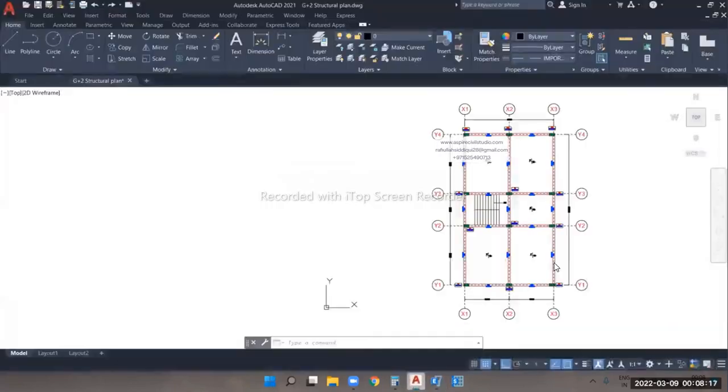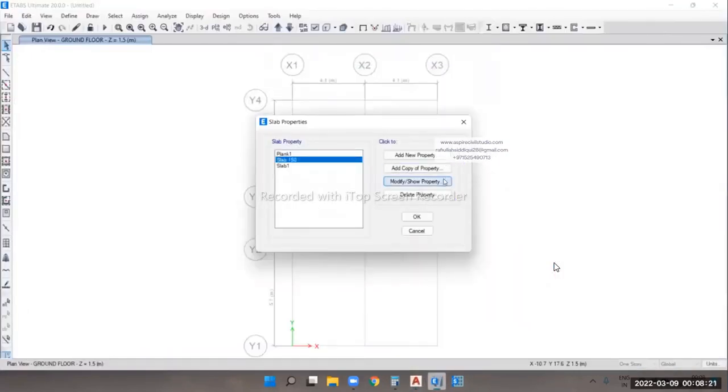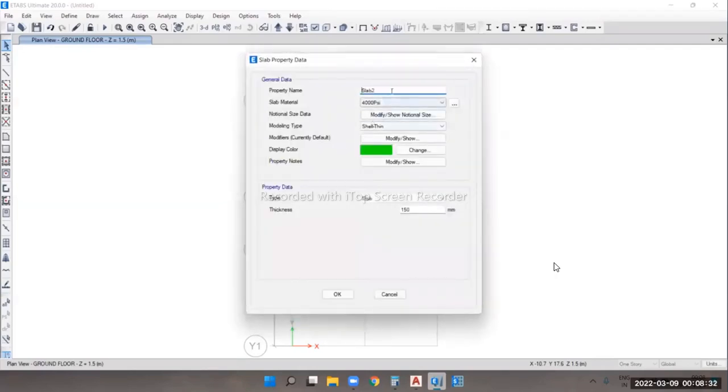But in the structural plan, there is a staircase slab, and for the staircase slab we have to use a different modeling type. So here we have to define a different slab section for the staircase slab. What I will do is select Slab 150 and take a copy of the property. Here I will